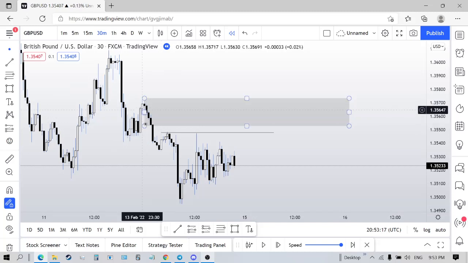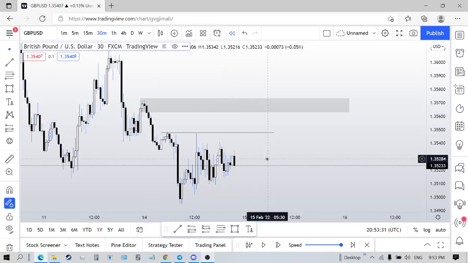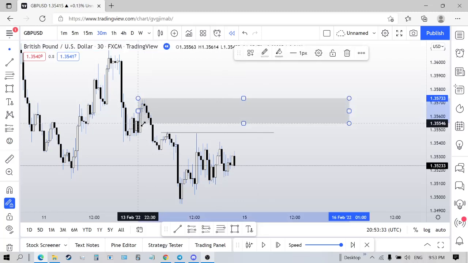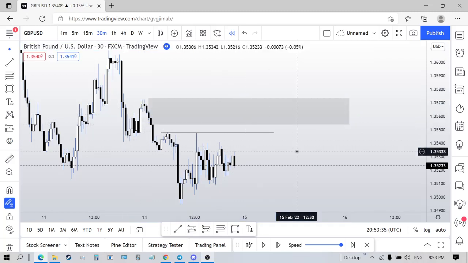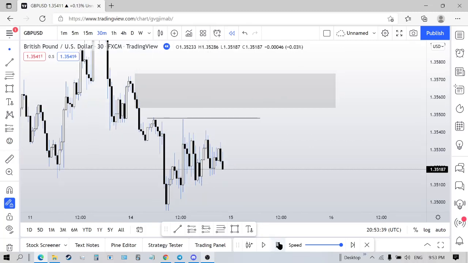There are fair value gaps that you could look at, and you could refine it to this up here. But remember, like I said, whenever you see buy side liquidity being ran, you want to see, as soon as it gets ran, a displacement lower. So you don't have to really expect it to come all the way up here. Just come into a fair value gap and then a move lower, right? So let's just focus on this range. Here's your buy side liquidity. This is what I'm looking for.